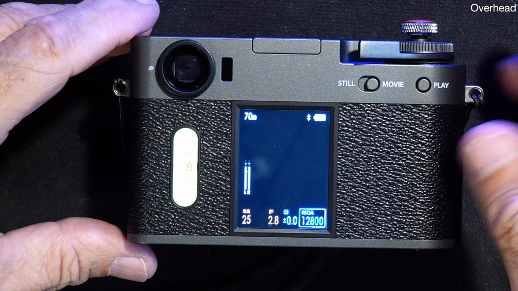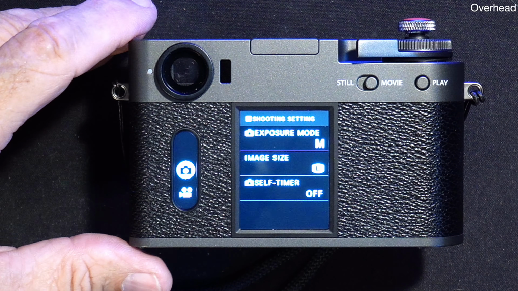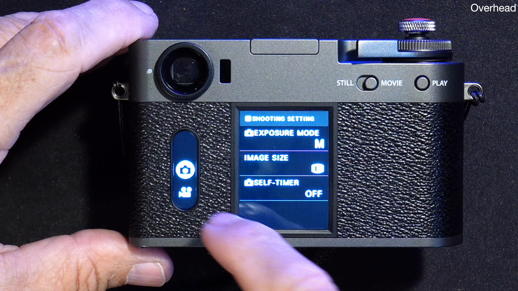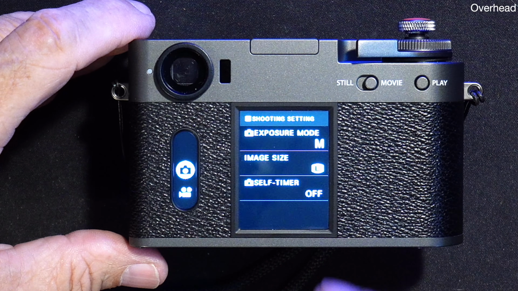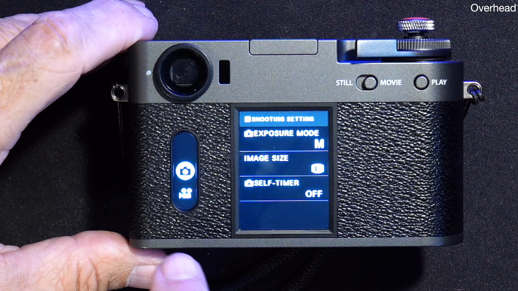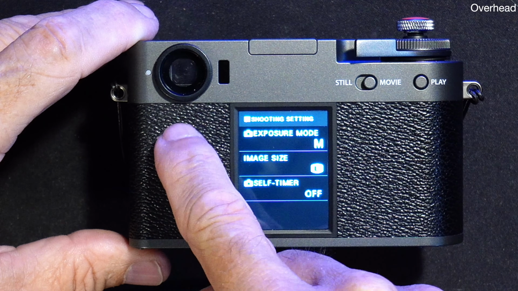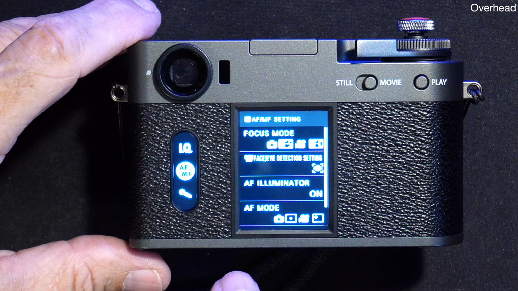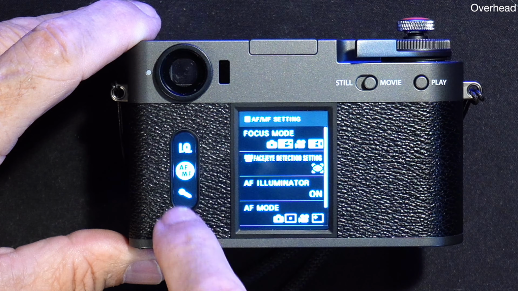So the thing is, you swipe down, and what I've learned, and this is in movie mode, is I was having the date and time stamp, and I couldn't figure out how to get it. I only saw these two. Well, I happened to swipe that, and I found a lot of other things like autofocus, manual focus, the microphone,